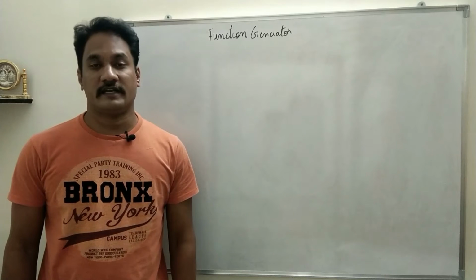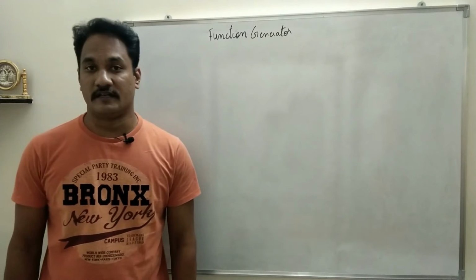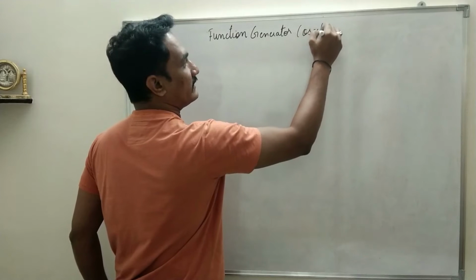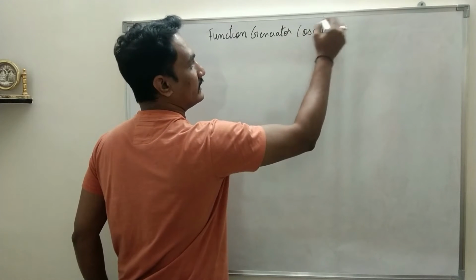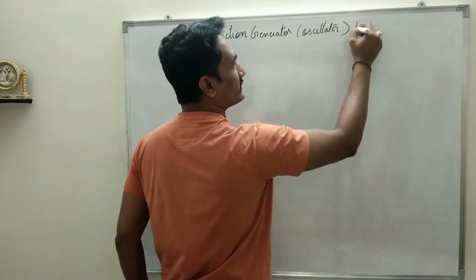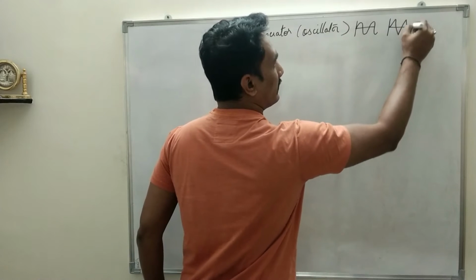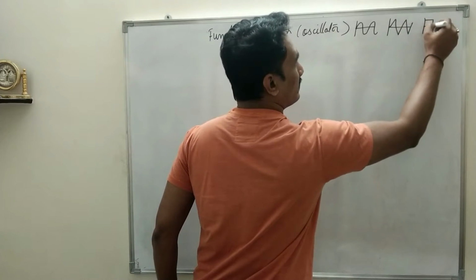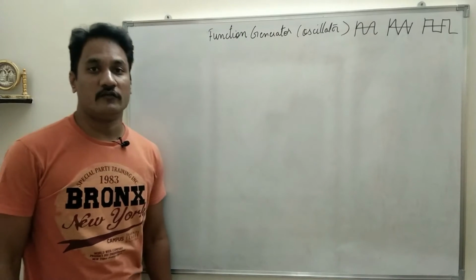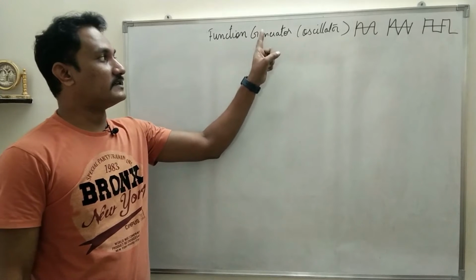Hello students, the next circuit which we will try to understand is the function generator. Basically this circuit is an oscillator, which will provide oscillation of different functions. For example, sine wave, triangular wave or square wave. So these three types of waveform will be produced by this circuit, therefore it is called a function generator.